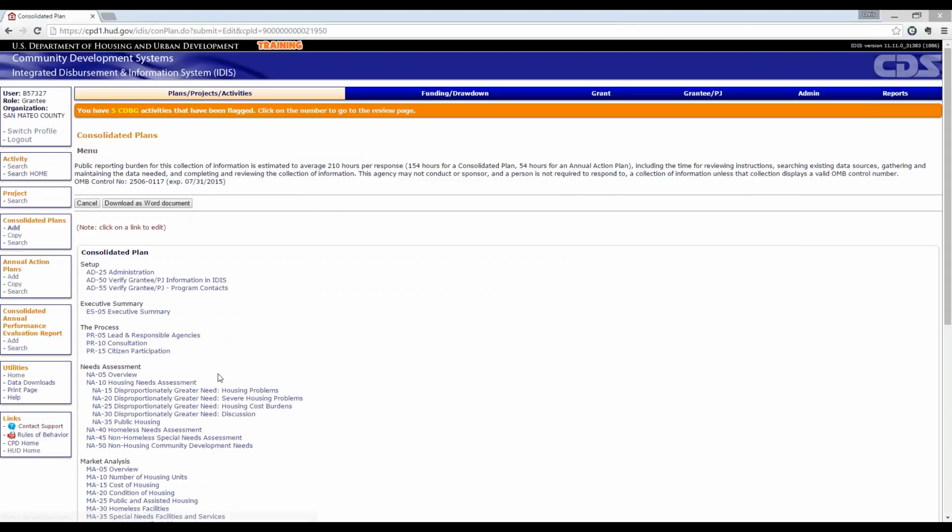And this will automatically create my comp plan template. And it will not just create the comp plan template for the lead grantee, but it will also create the comp plan template for the participating grantee.